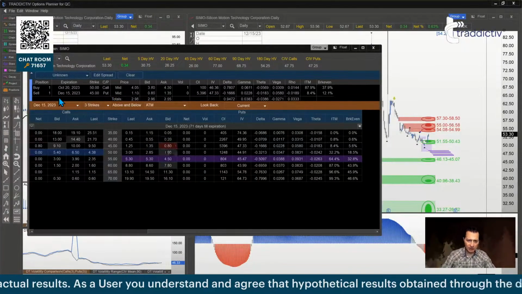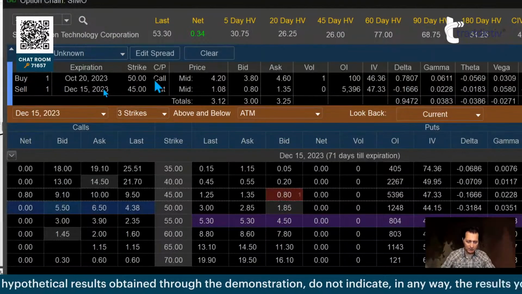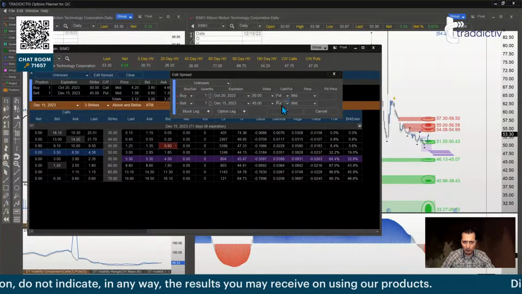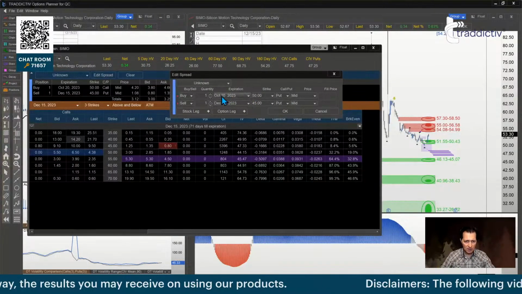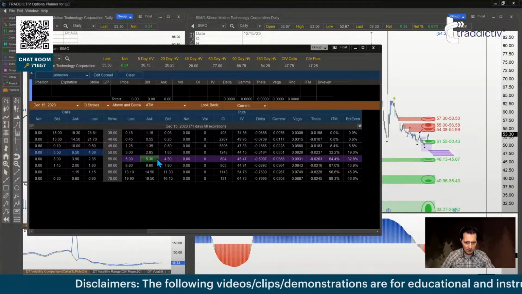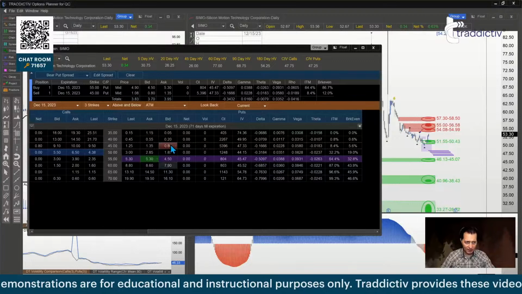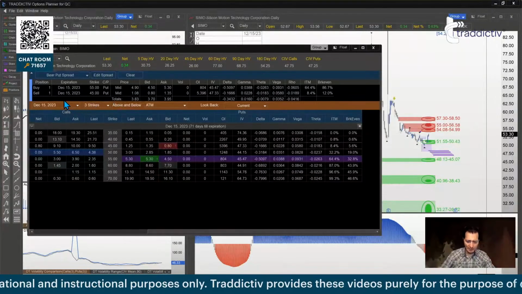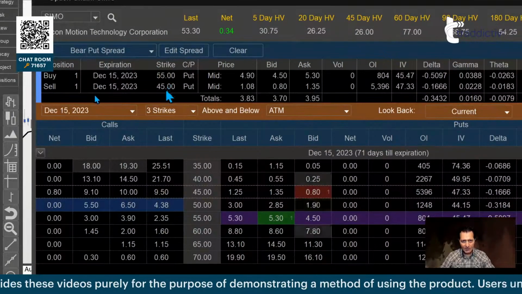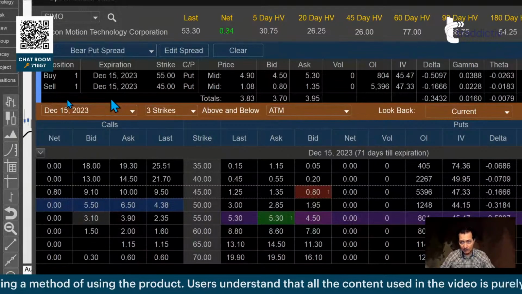So in other words, if I zoom in, notice how if I buy, sorry, I clicked on call. How come I clicked on call? This was a big mistake. Both should be put. Okay. Why October? My friends, I did something wrong here. Sorry about that. Let me do it again. Okay, so I buy the 55 and I sell the 45. I'm not sure how I did it earlier, but definitely it was wrong. Now it's right. So if I do that, okay, I buy the 55, I sell the 45, both puts, both December expiration. This is a vertical spread, okay?